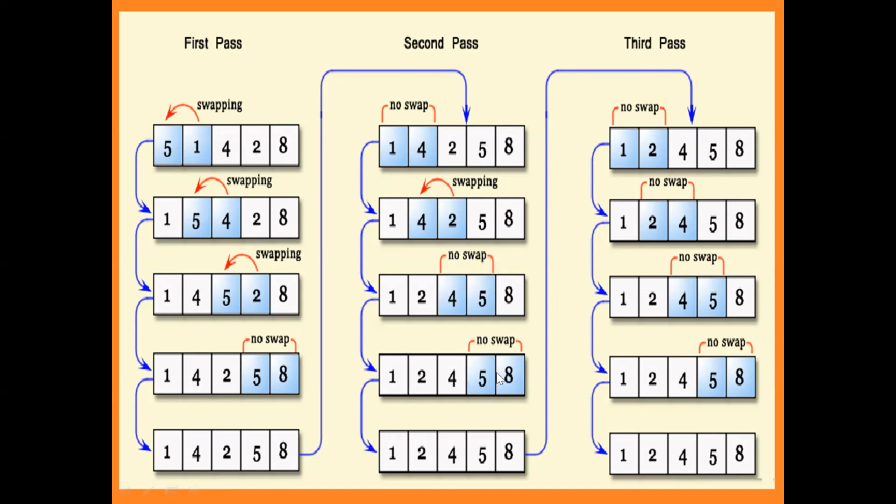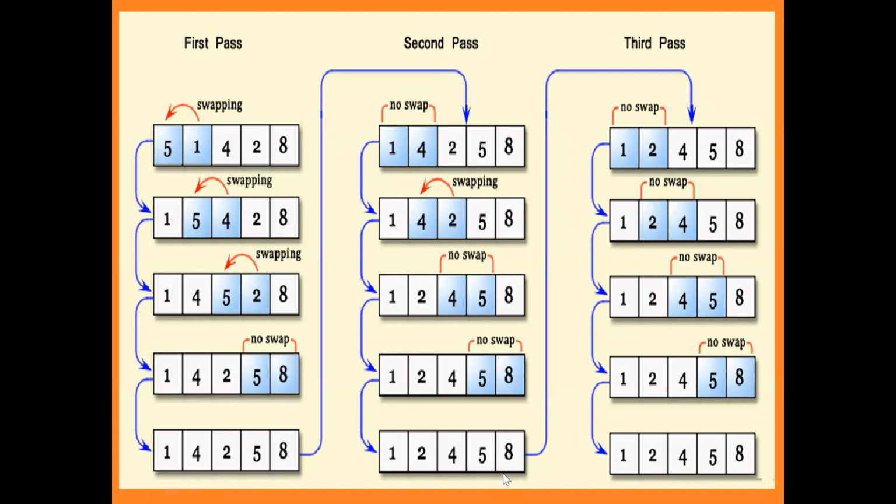Now we are at position 5. The fifth element, value 5, will be compared with the value 8. Now this value 5 is less than 8 only. So no need to perform any swapping, right? So in this pass, how many swappings are we doing? We did only one swap, right? Now move to the next element. The last element is 8 itself. There is no next element. That indicates that we reached the end of the list. When you reach the end of the list, we need to stop that pass.